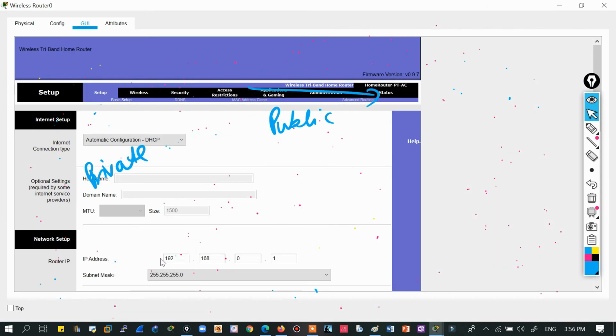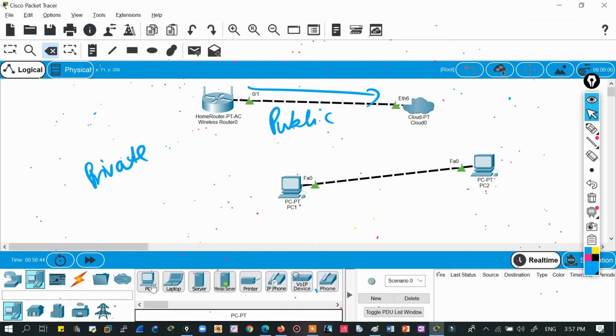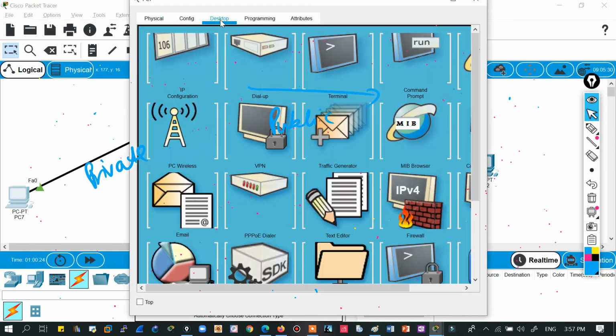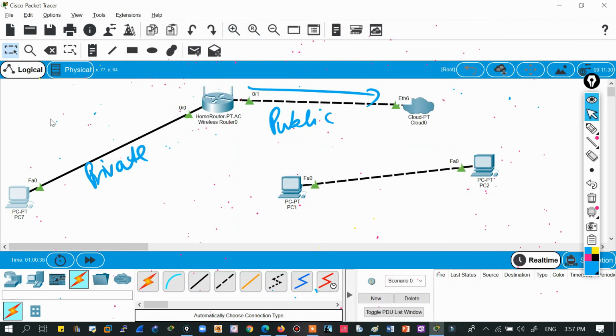So this address is private, yes or no? I will tell you which are the public addresses and which are the private addresses. Okay, so let me delete this PC for a while, and I'll take a different PC and connect that to the router, and again go to DHCP. It should pick some dynamic IP if everything is okay; otherwise there is some problem. But let's stick to the concept that on this side there should be private IP and on this side public IP.